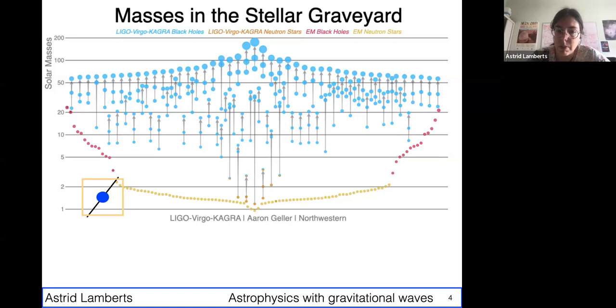These can either be seen as pulsars, as I've mentioned before, or they can also be detectable when they are accreting from a binary companion. And then you make this type of jet, what I'm showing in red here. And this is essentially what you detect. You detect a jet or a disk around the neutron star rather than a neutron star itself, because it's a very faint object and it's very hard to detect.